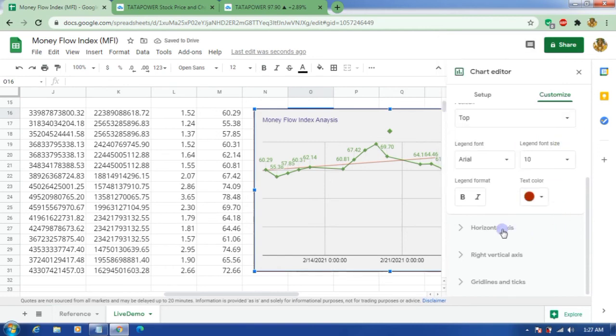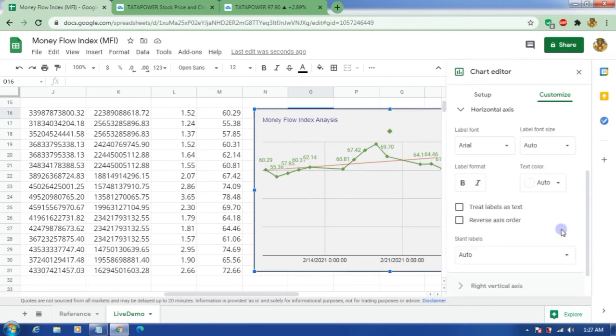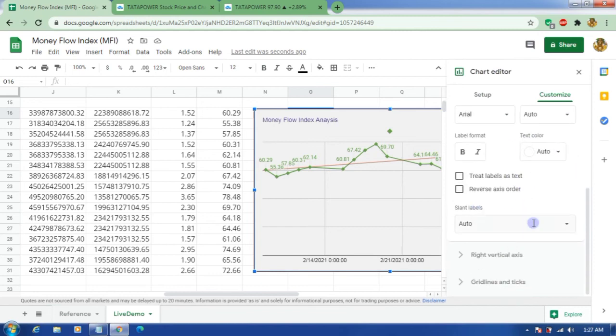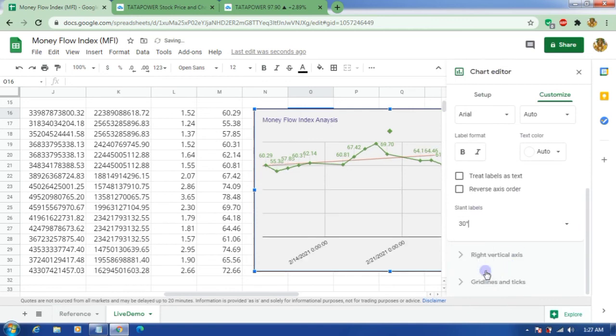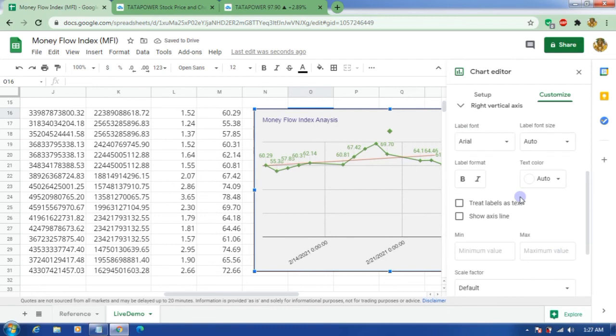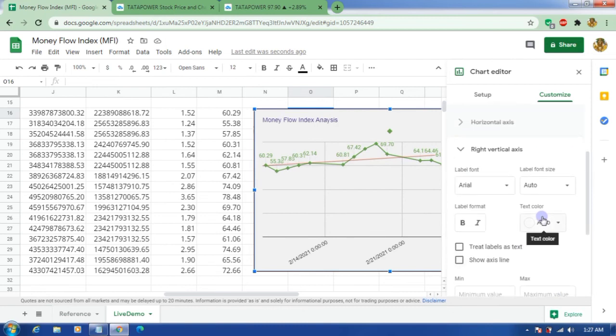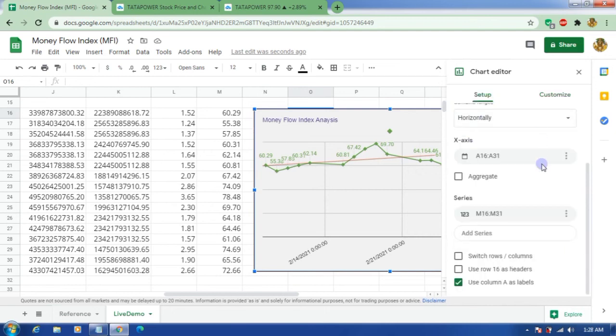Okay, horizontal axis, slant labels, let's slant them 30 degrees. And so here in the setup section, click on this, select this aggregate.